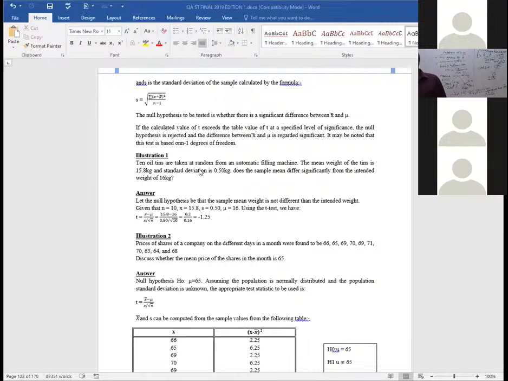10 oil tins are taken at random from an automatic filling machine. The mean weight of the tins, which tins? The 10 that were selected. The mean weight of the tins is 15.8, and the standard deviation is 0.5 kilograms. Does the sample mean differ significantly from the intended weight of what here? 16. The intended weight of 16, of course, this 16 here will be the population